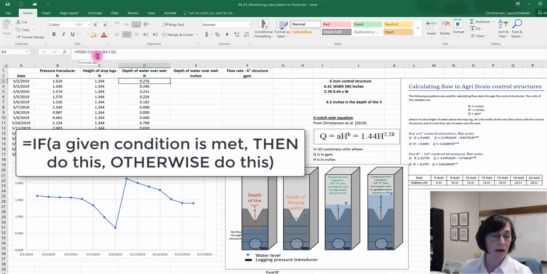This first comma means then. So if this statement is true, then do, in this case, a 0. Else, this second comma means else, or otherwise, do the second part, or the third part of the equation. So if some condition is true, then do this first thing, otherwise, do the second thing.